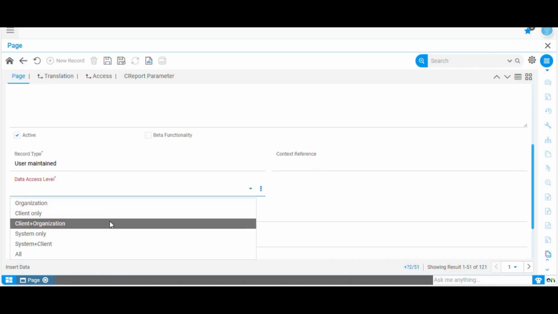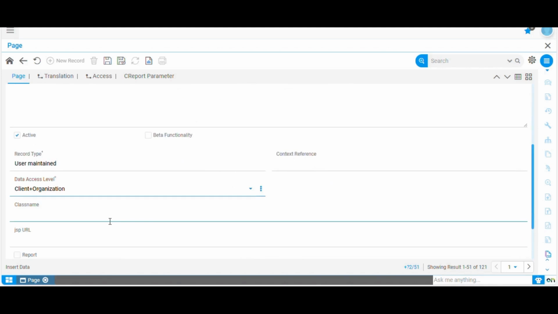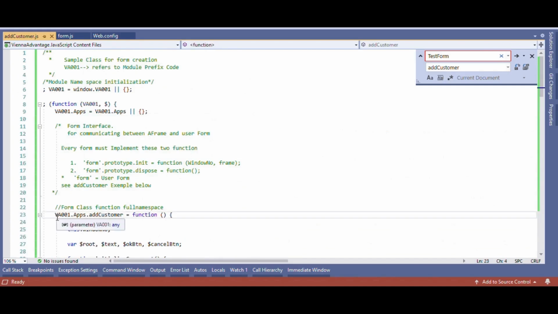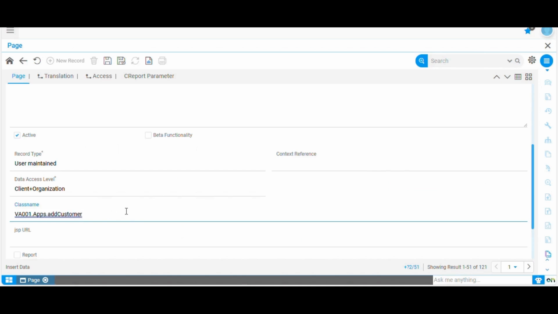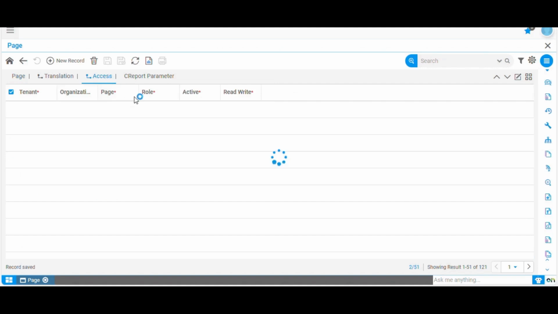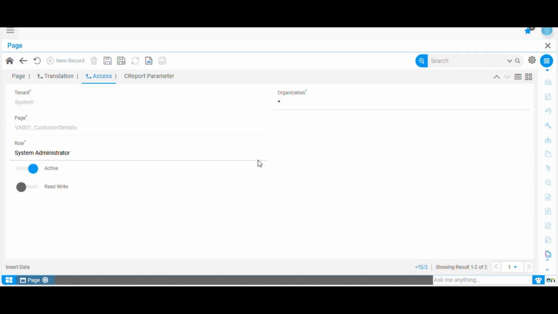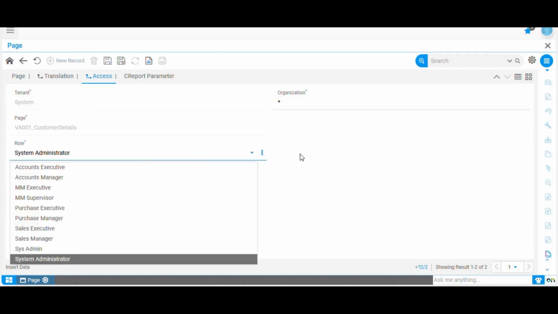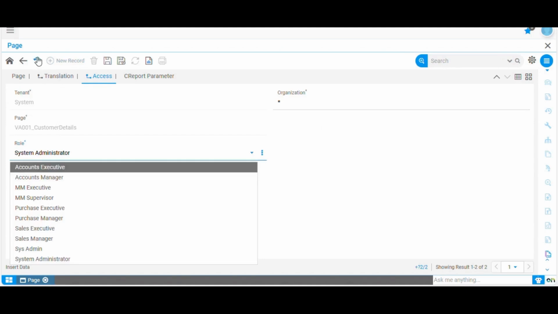Next, the data access level must be defined here. Who will be using this page? Finally, the class name should be defined with the name we have used for our page. I will copy it to ensure there are no typos, then save it. The record is saved now. I have defined the page, and then you need to provide access. If there is a tenant available here to which I want to provide access, but I don't have this in